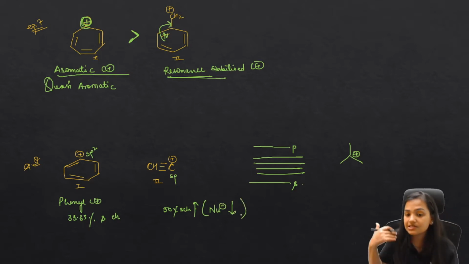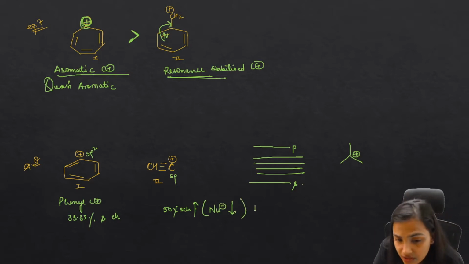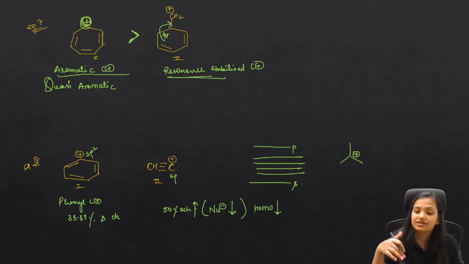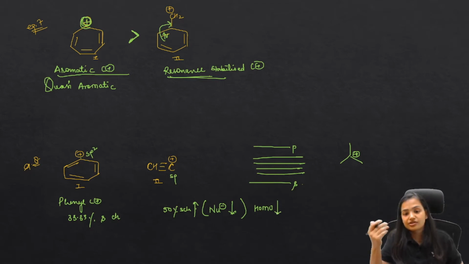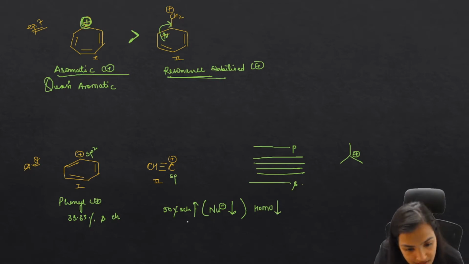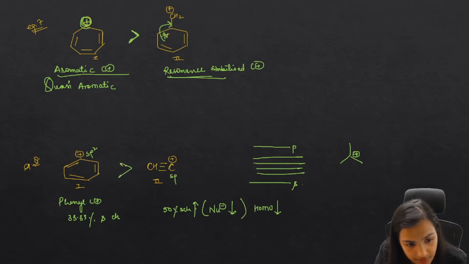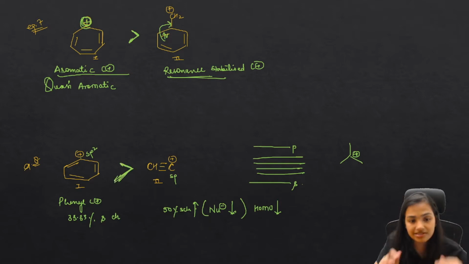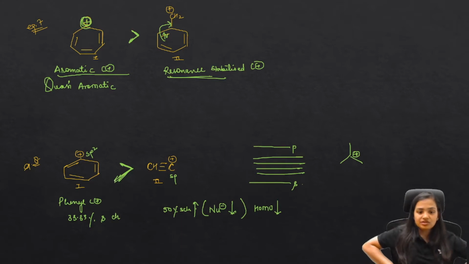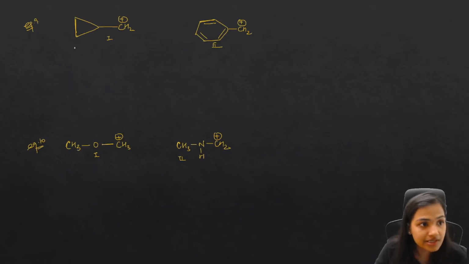The energy of the highest occupied molecular orbital, HOMO, decreases. If it decreases, the nucleophilicity decreases, and this will not be able to stabilize the carbocation better. So the stability decreases. Ultimately, we can say that the phenyl carbocation is more stable than this carbocation, because of the percentage of s character. Got it? Now here, see example number 9, and compare between the two, which is